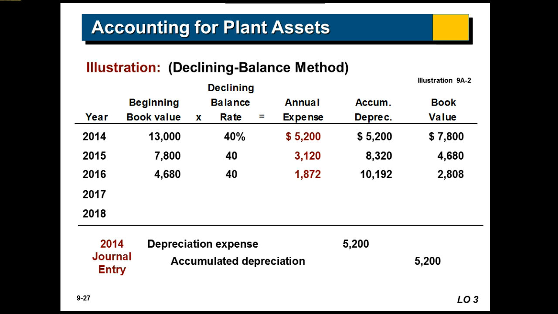Now, the most important thing that we need to note is when we finally get to it, we can't reduce our book value below our salvage value. So in year 4, I don't think we're there yet, $2,808 at 40%, we've got our depreciation. We add that to our already taken accumulated,